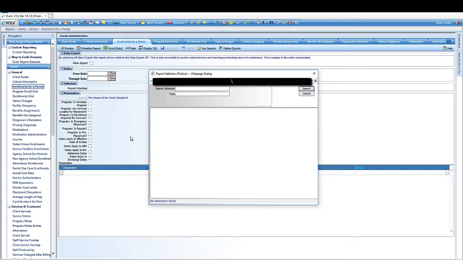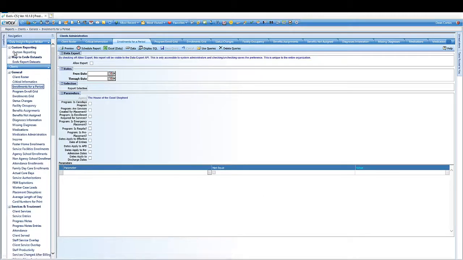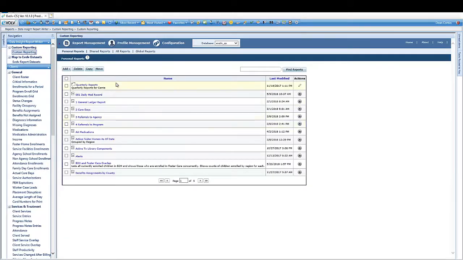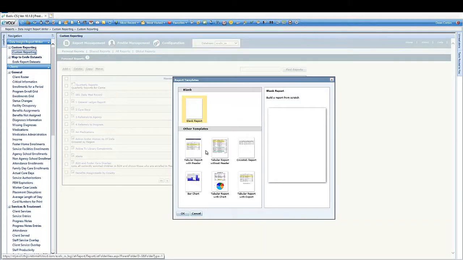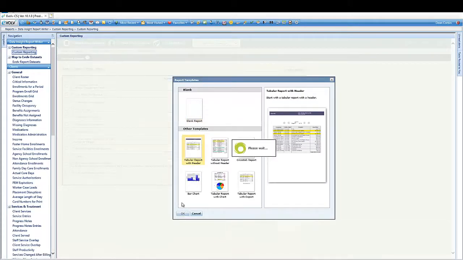With that in mind, we're going to go over now to the custom reporting module and start working on my custom report. First thing I need to do is figure out which canned data set was used for that report. And the way I'm going to do that is to go in and just start a new report. And when the data source comes up,